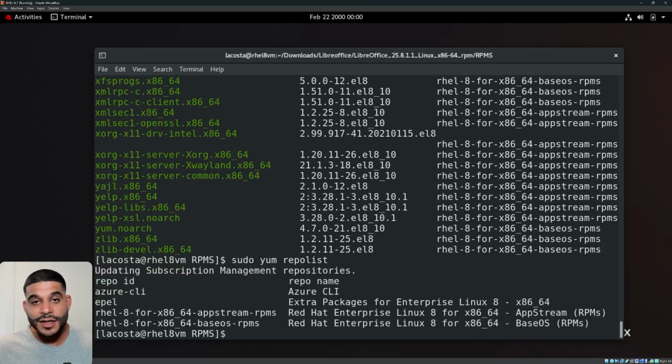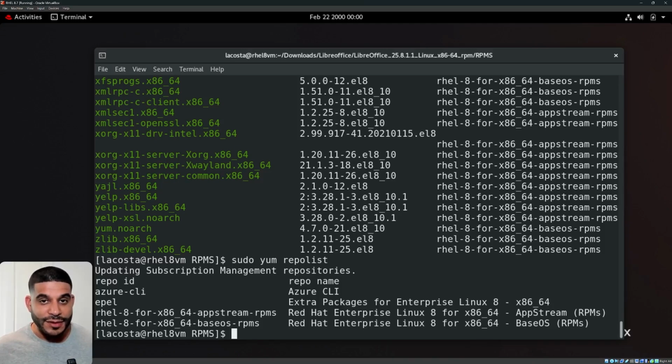for us. And you see here, and I think you've seen it before, when we are looking for updates or installing packages, it was looking in the Azure repository, it was looking in the EPEL repository. And then the other two repositories that are very, very important, especially when you're talking about Red Hat Enterprise Linux, you always have an AppStream and a BaseOS. Those are your two repositories that house all your packages from a RHEL perspective. And by the way, as I mentioned before, if you don't register your RHEL machine, BaseOS and AppStream